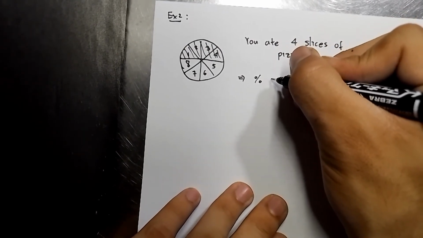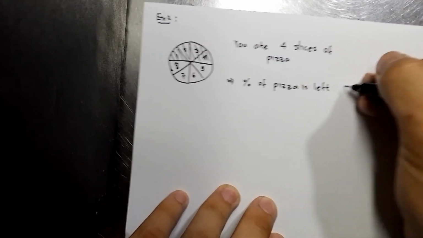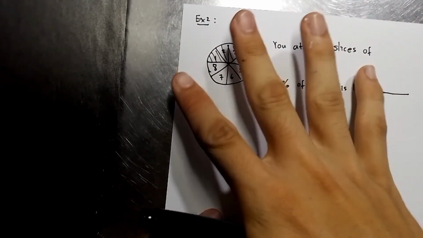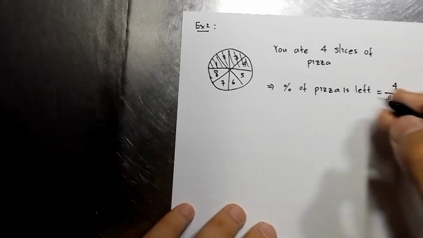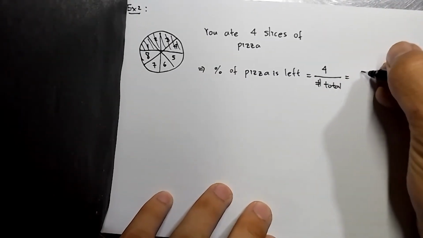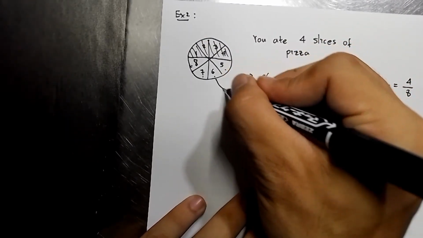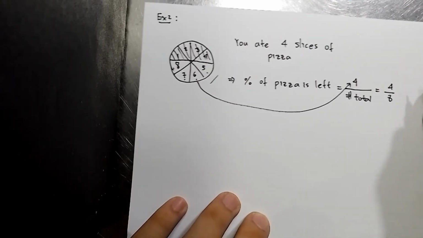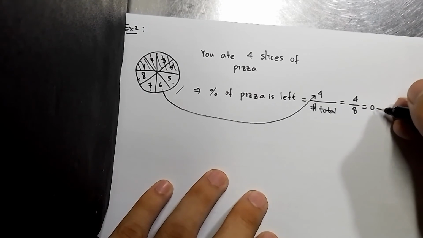Percentage of slices of pizza, actually, is equal to, let's count it, 1, 2, 3, 4. 4 more slices. 4 over the total number. How many slices are there? When you just bought it, how many slices of pizza do you have in the box? There are 8 slices. Okay, and then you can see here 4 is the number that is left for tomorrow morning, and 8 is the total number. 4 over 8 is equal to